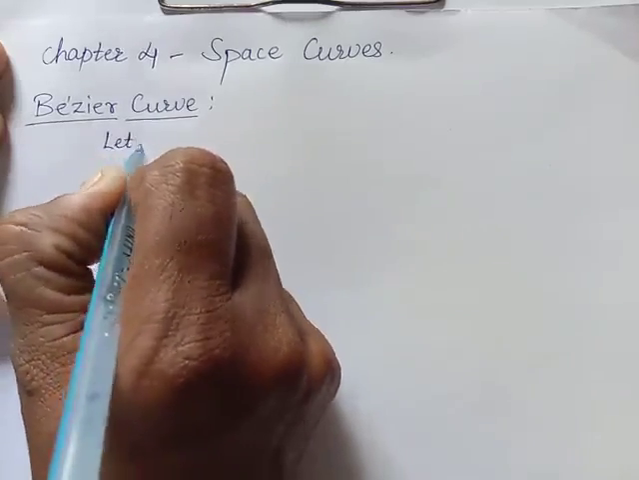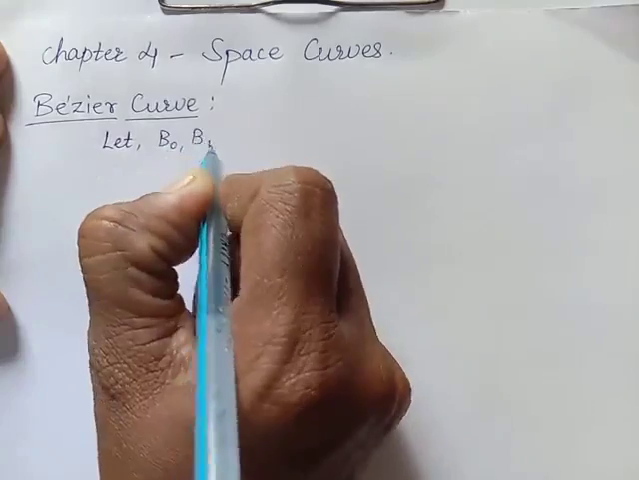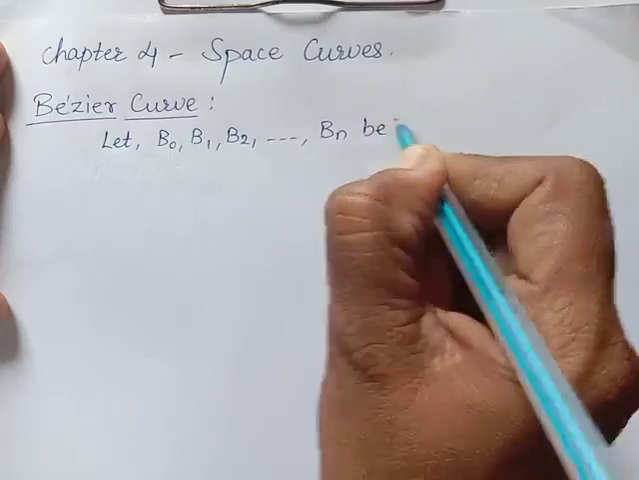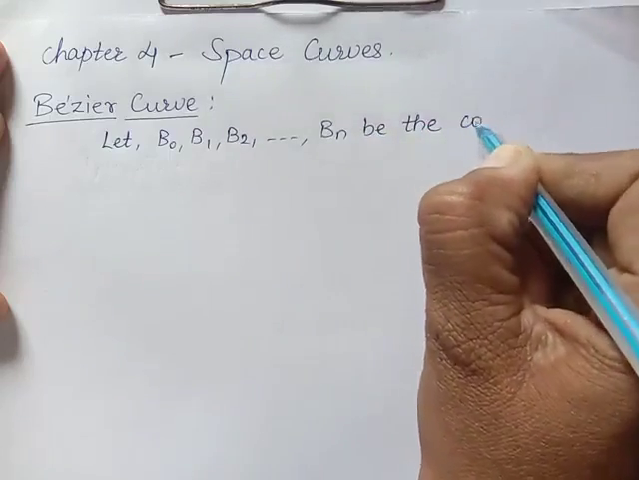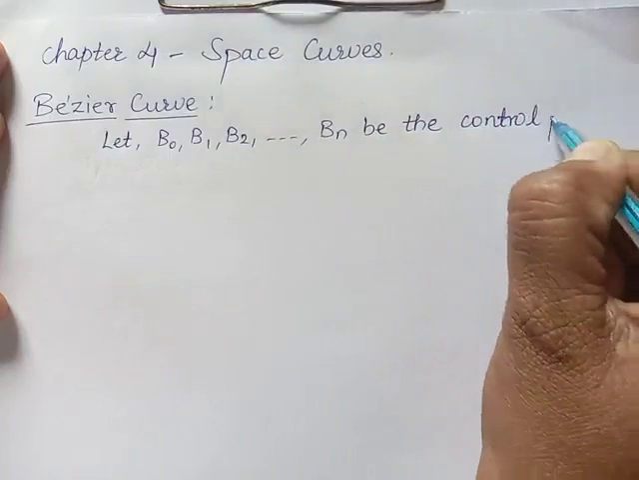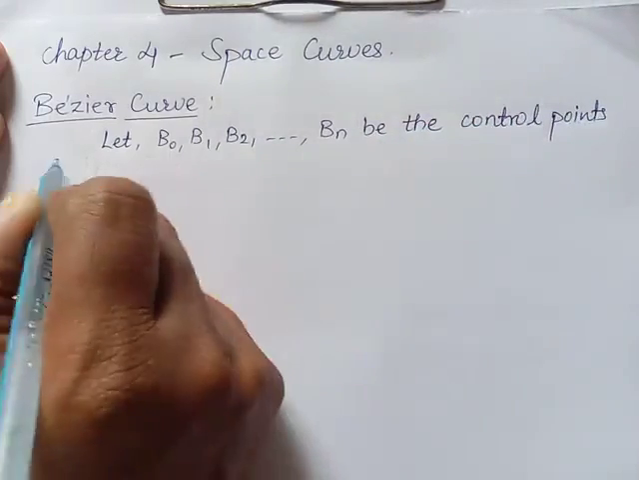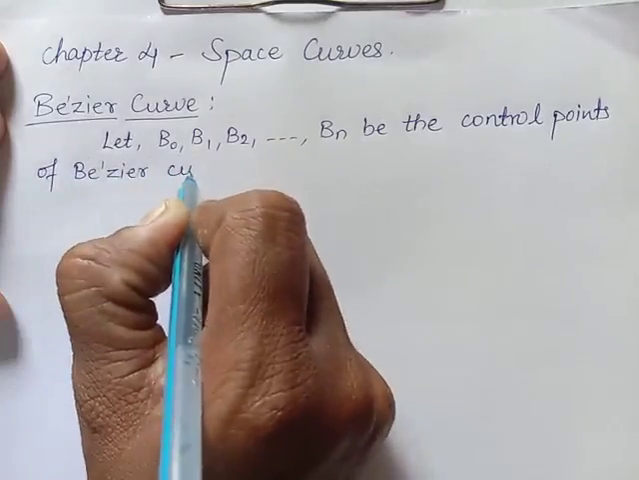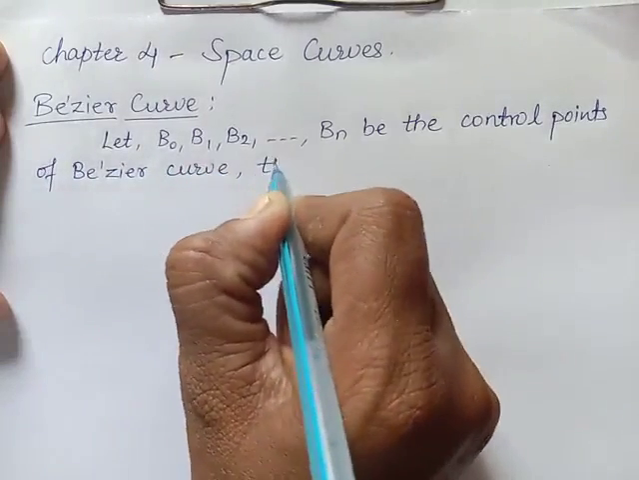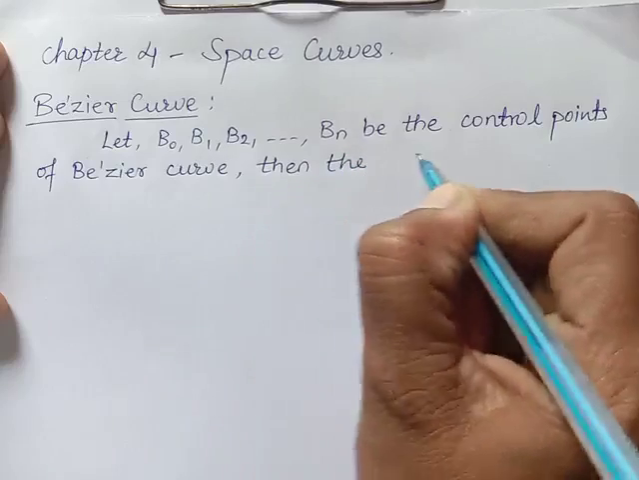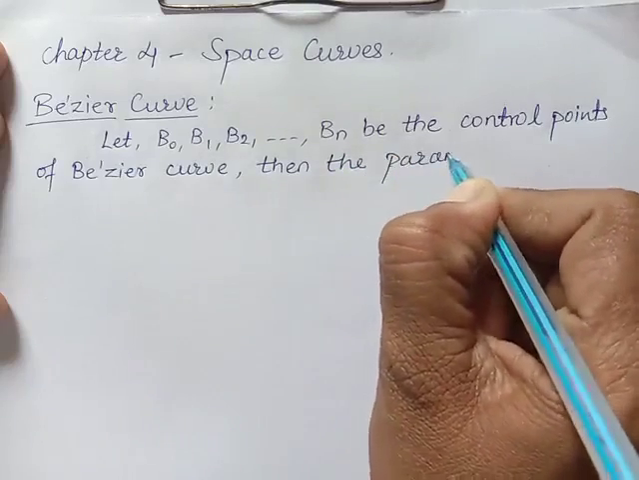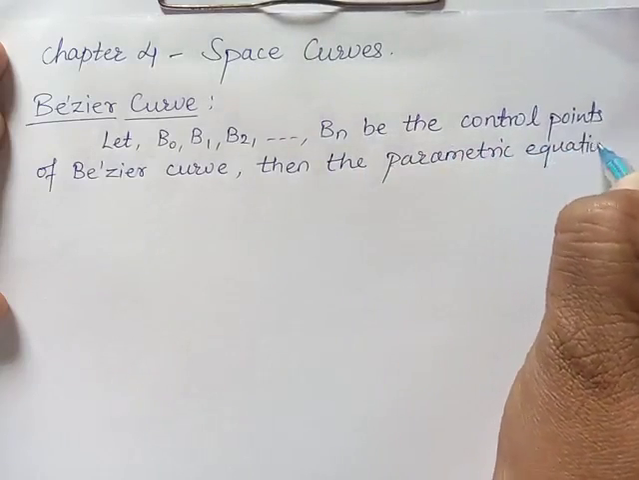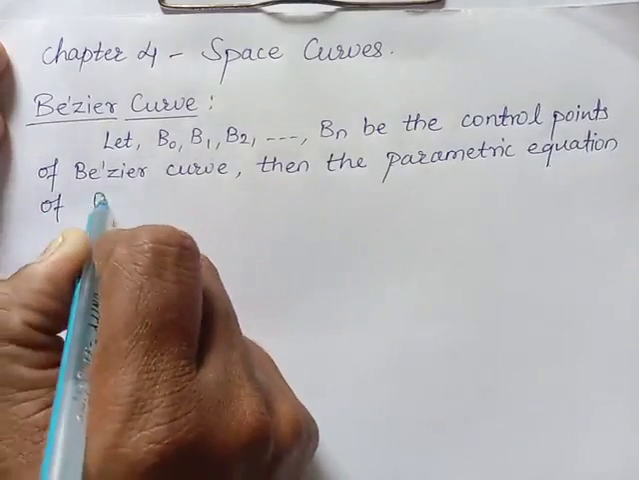Let B0, B1, B2 and so on up to Bn be the control points of Bezier curve. Then the parametric equation of Bezier curve is,